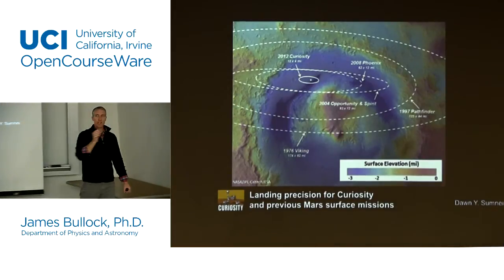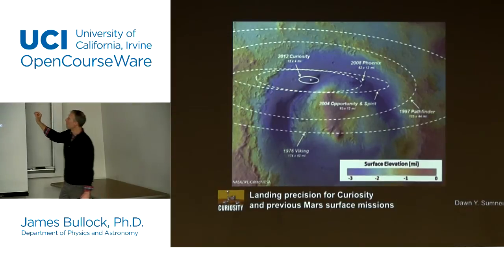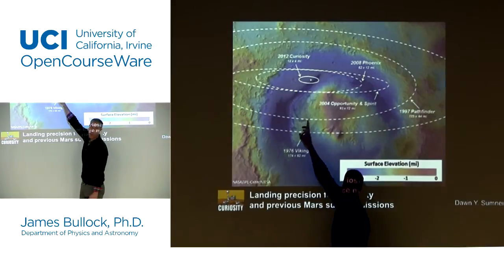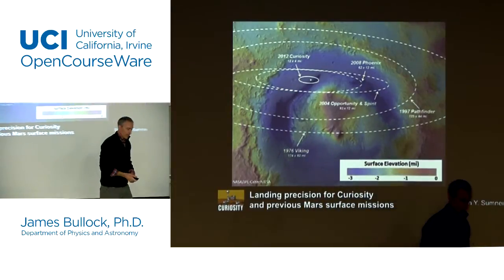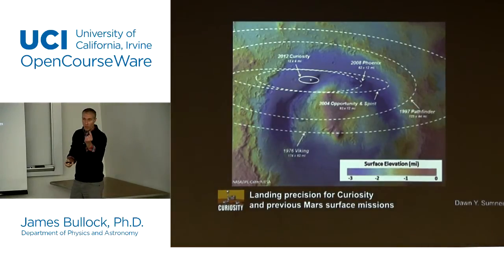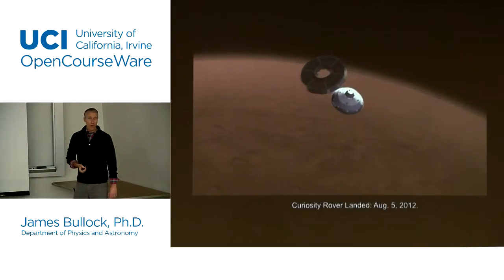And so only very recently with this lander have they been confident enough with the precision to be able to place this thing. Basically, they placed it right at the edge of the crater, which is where they wanted to put it. And then they're going to roll into the crater and explore it later on. So we're getting better at putting things where we want to put them. It's actually kind of freaking amazing what they were able to do.